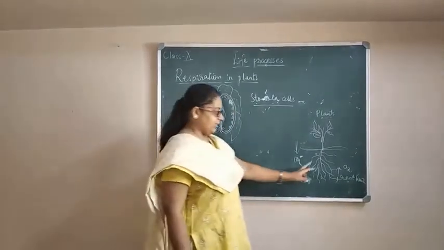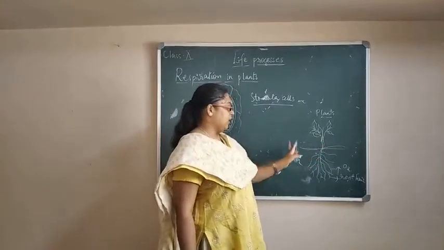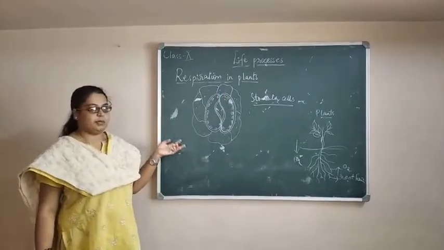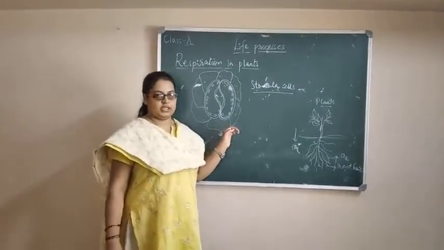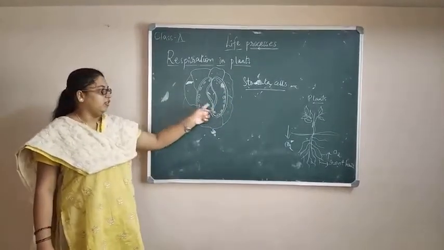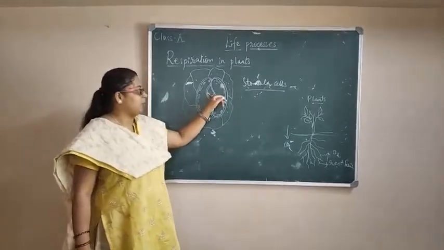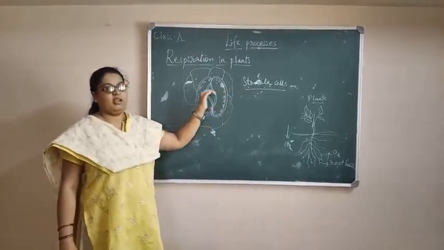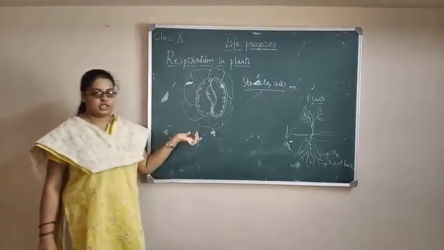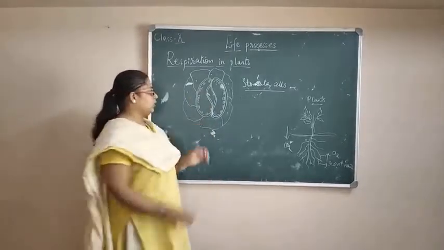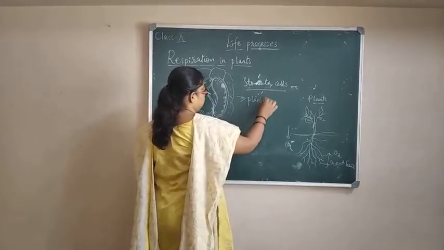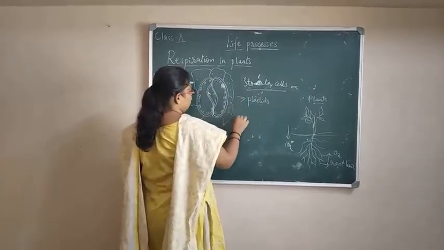Once oxygen has entered from the root to the stem, carbon dioxide is diffused out, which is used by the plant during daytime in the photosynthesis process. So respiration is mainly carried out by these pores which we call stomata. These are present in the leaf and are microscopic, bean-shaped structures. They have chloroplasts, plastids, and are called guard cells.